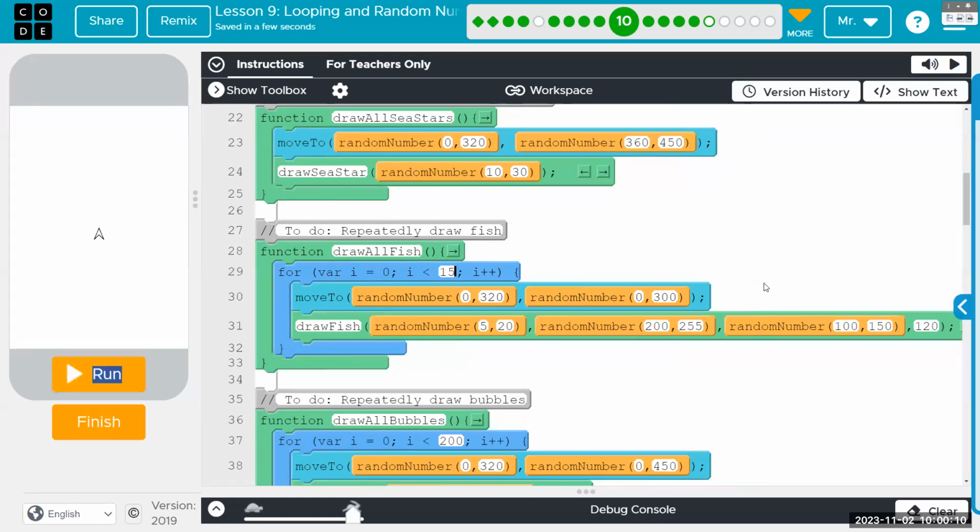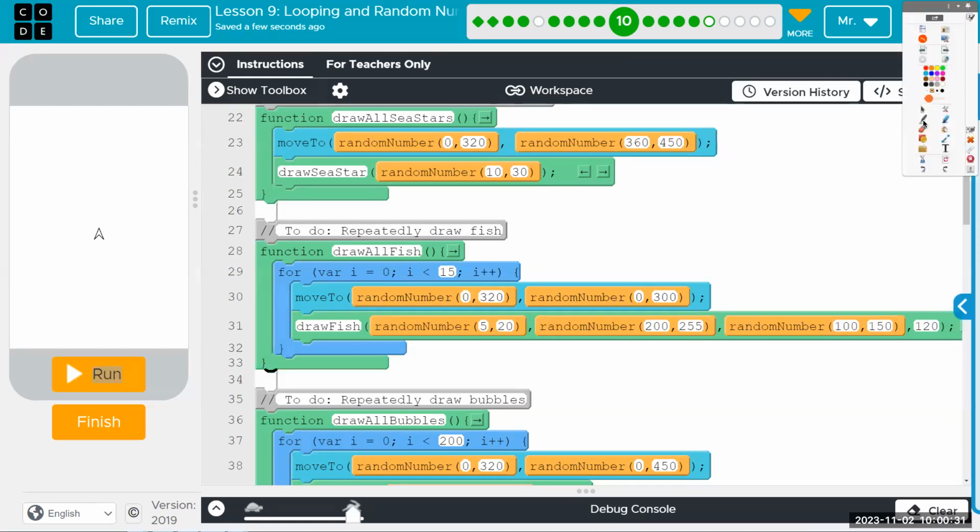Now, this isn't critical to meeting the minimum requirements, but if you are interested in creative expression projects, some things to note: in the draw fish function, it moves to a random location, but not a completely full-screen random. The X range of 0 to 320 means our random move can happen anywhere left or right.